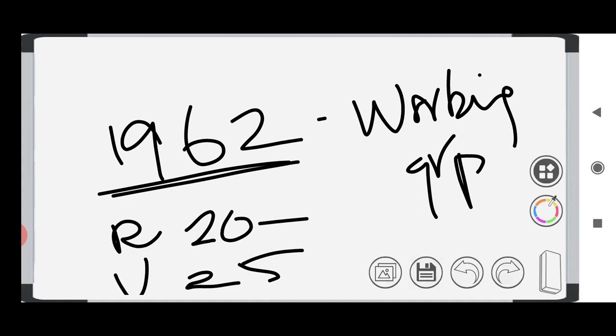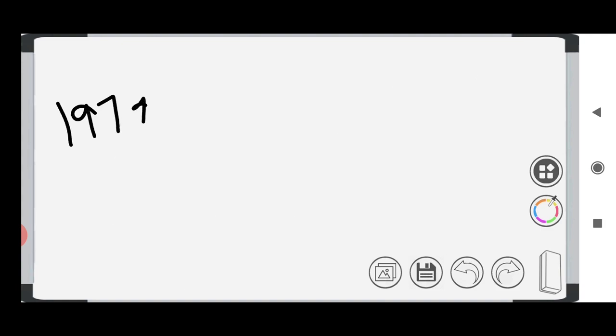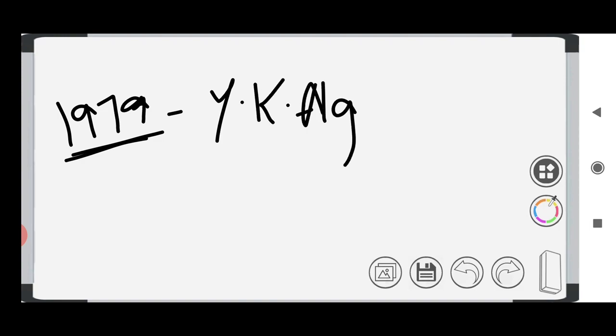So now we have seen the first person to do this is 1868, Dadabhai Naoroji. He said 16 rupees per year, whereas in 1938 the Subhash Chandra Bose Committee, National Planning Committee, they said for rural 15 rupees per month and for urban 20 rupees per month. And in 1962 the Working Group of Planning Commission said that for rural 20 rupees per month and for urban 25 rupees per month, but in this amount education and health is excluded. And after this, in 1979 we have one famous thing called the YK Alagh